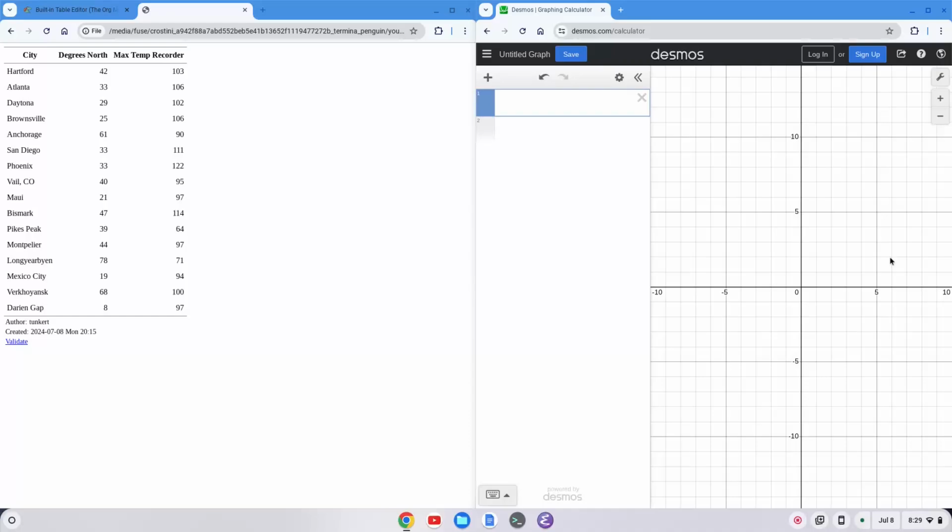In this video, we're going to use some data that I collected from some cities and some places around the world. I collected degrees north, latitude, and also the maximum temp ever recorded. This says recorder here, but it should be recorded. And what I'm going to do is take that data and put it into Desmos and use Desmos to create a scatter plot. And then we're going to use Desmos to create a line of best fit and find the